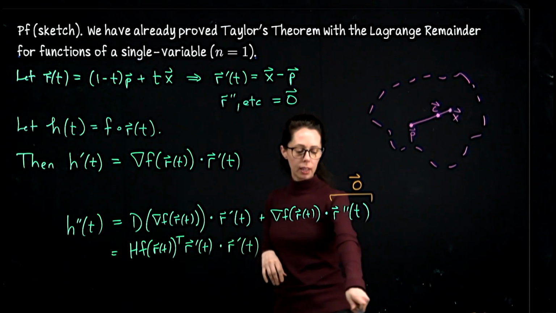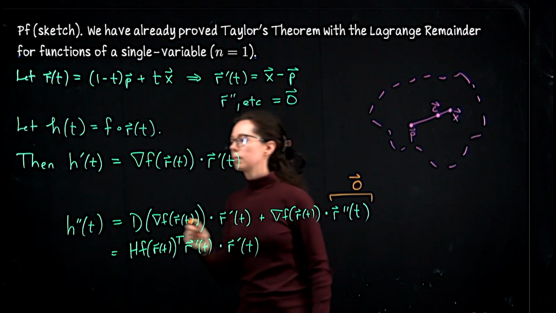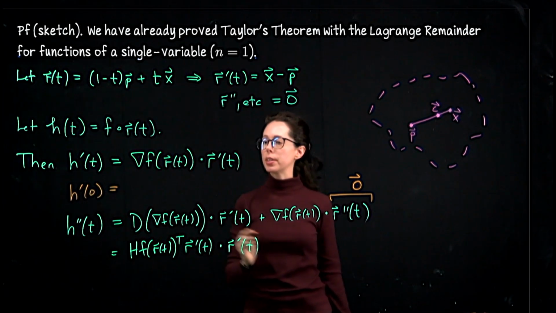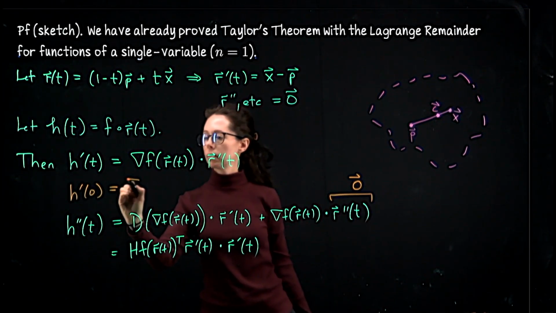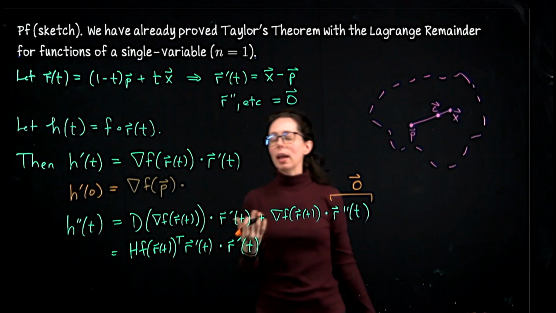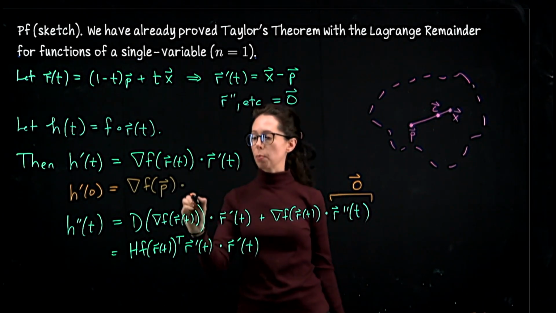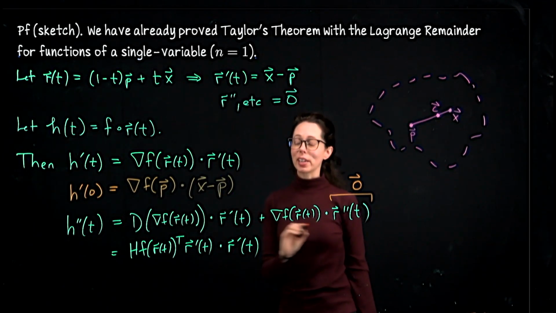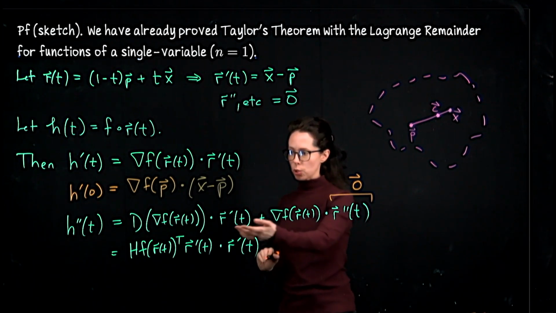Let me now plug in t equals 0. When t equals 0, h prime of 0 will be the gradient of f at r of 0, which is p. And whether we plug in t equals 0 or anything else, the velocity vector is the constant x minus p. You might recognize this expression I'm writing down, and you will really recognize it for the second one. So if I now evaluate the second derivative of h when t equals 0,